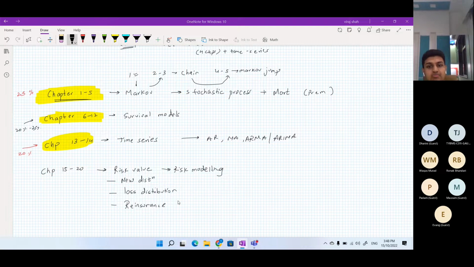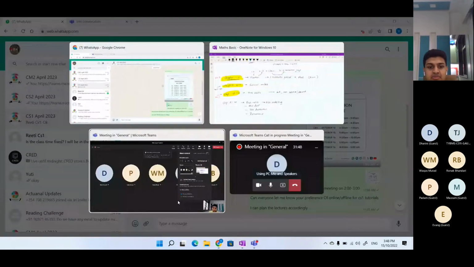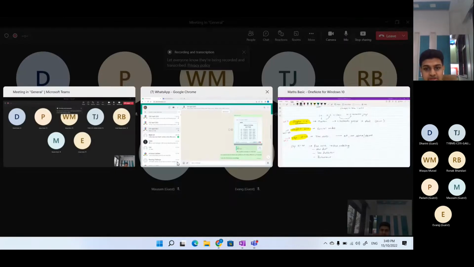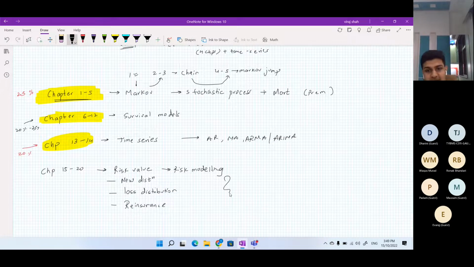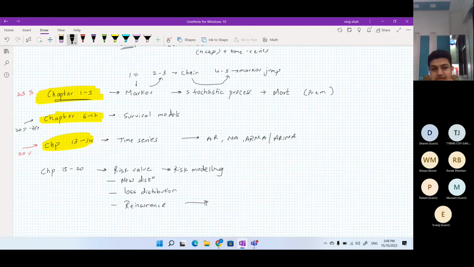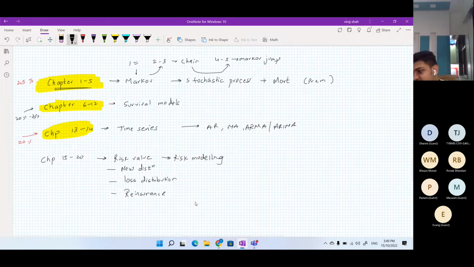Darini here has ideally worked in reinsurance. She would be the best individual. She is obviously my student, but I know about her: she has worked in reinsurance, and she would be able to recall the most from you. So, different types of reinsurance. What would be the right value of reinsurance for a company to buy? We'll be studying that theoretically. So that's about reinsurance.